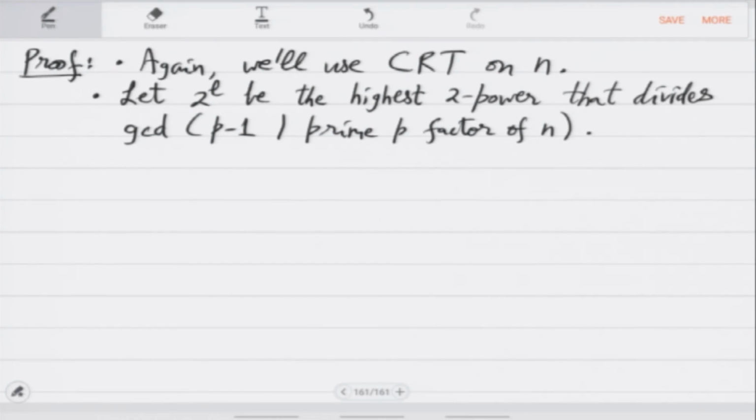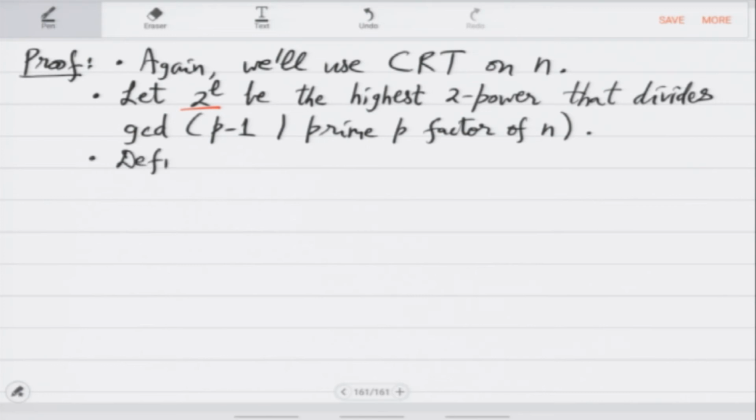Okay, so let 2 raised to L divide each of these. Since n is odd, p is odd, so p minus 1 is even. So let 2 raised to L be the highest power dividing all of them, and then define a